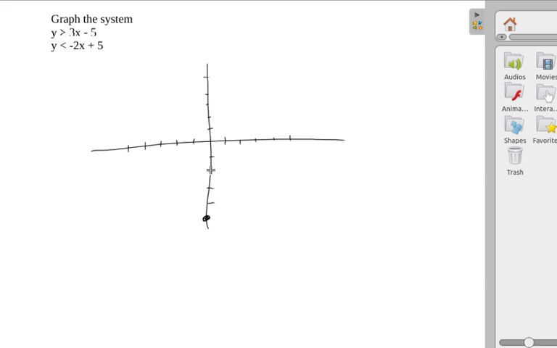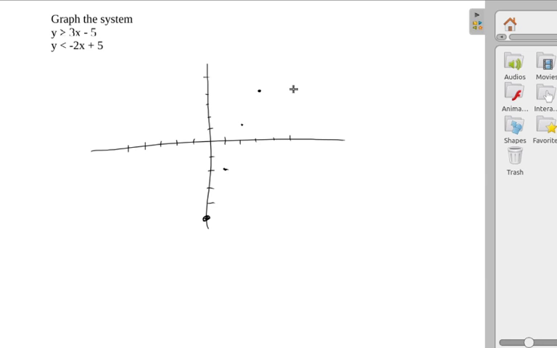go up 3 to the right 1. It's a good idea to count out more than one extra point here, if you're graphing this by hand, to make sure it's kind of accurate. So I'm going to go up 3, to the right 1, up 3, to the right 1. I'm going to just draw those points in there as well, just to try to make sure my